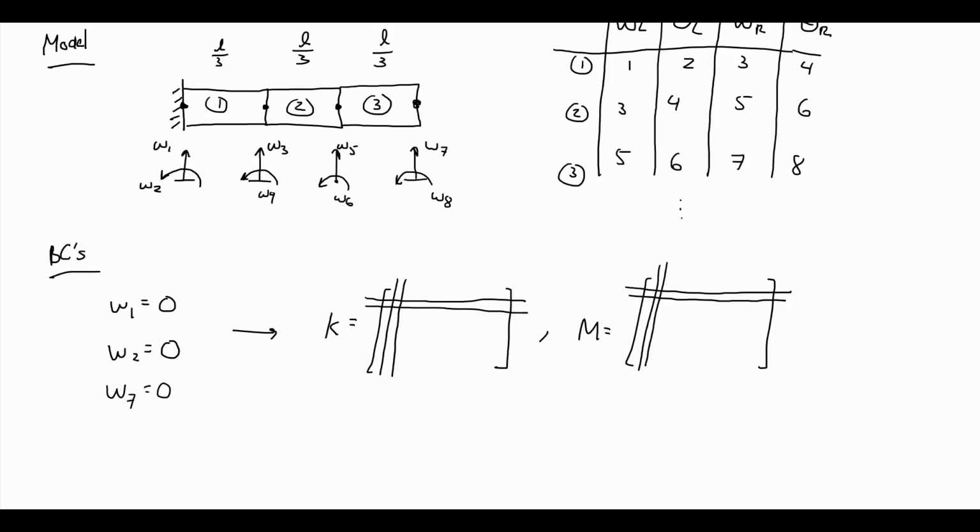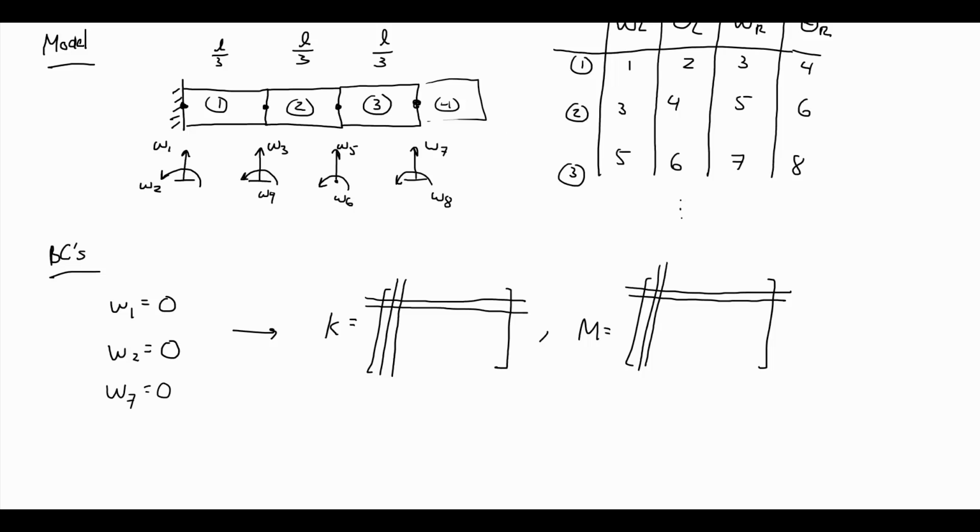But this is where in the code we do need to think a little bit about how to code that in. When there's 3 elements, yes, it is going to be W7 that is always set to 0. But what happens here if I add a 4th element into the picture? Well, now we are going to be adding 2 more nodes. We're going to have a W9 and a W10. But if I always say that W7 is 0, that's no longer true once I have a 4th element, and then the 5th, a 6th, and so on. So I can't just hard code it in there that it's always the 7th one.